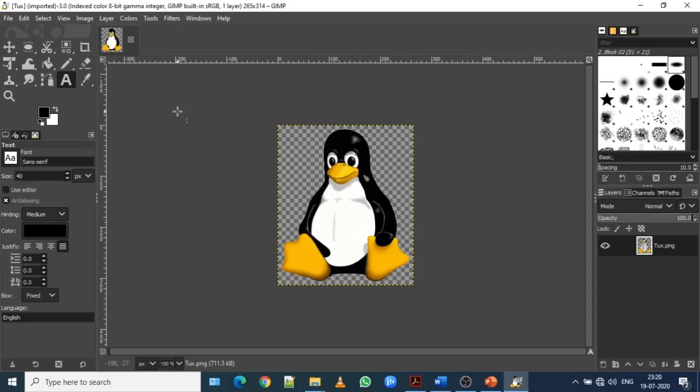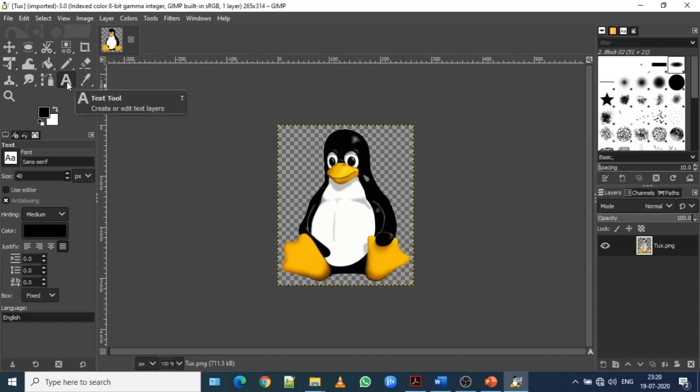Now what I have to do, I have to create a text using sans serif font having 25 pixel font size. So where to bring the text box?